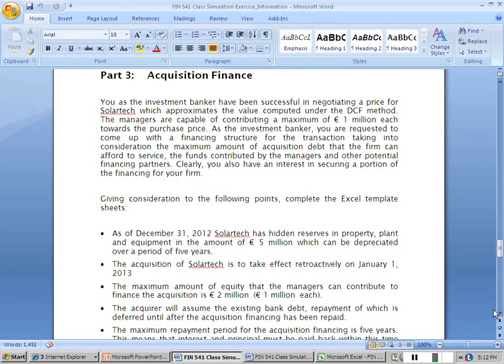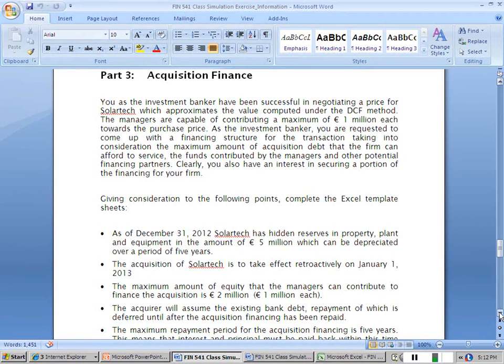Whatever the price is, deducting out the amount that can be financed with bank debt represents how much you're going to finance yourself. In this particular case, the two managers of the business can each only invest up to a maximum of $1 million each, meaning a total of $2 million. Now you're going to find that the value of the company is significantly higher than $2 million, and not all of that can be financed with bank debt, so there's going to be some residual that you're going to need to cover. You're going to have a funding gap that needs to be financed